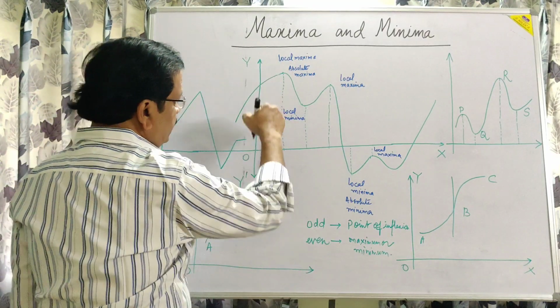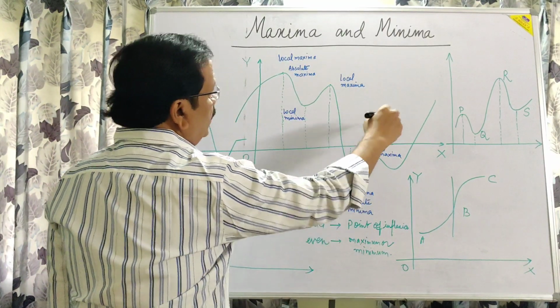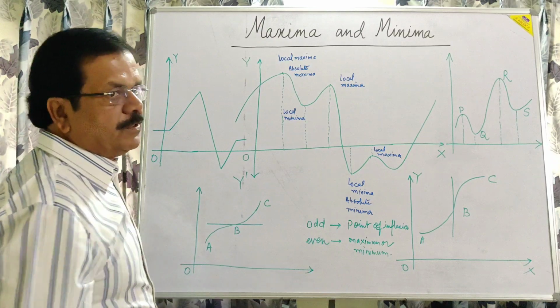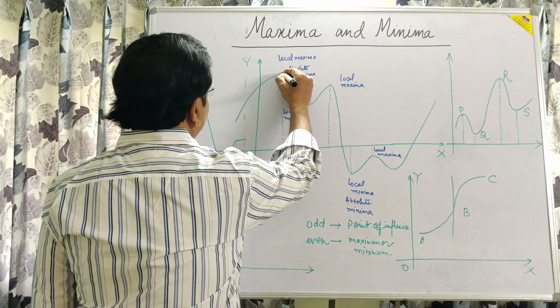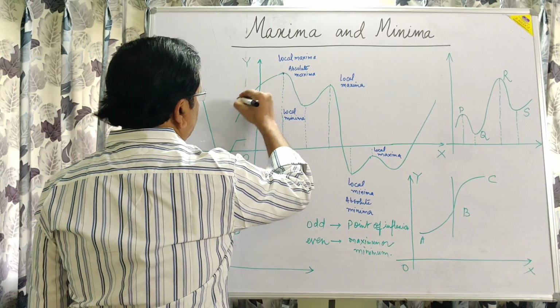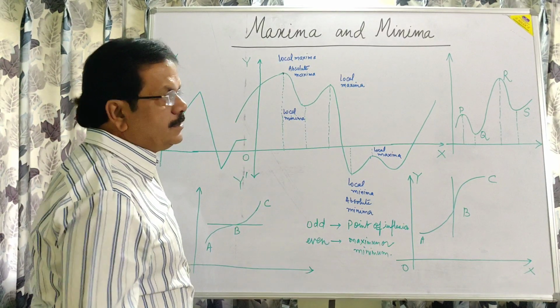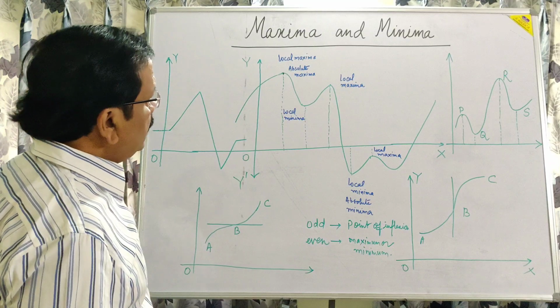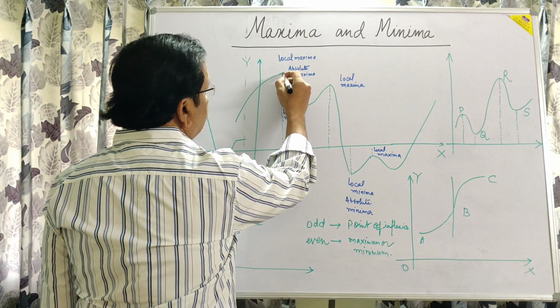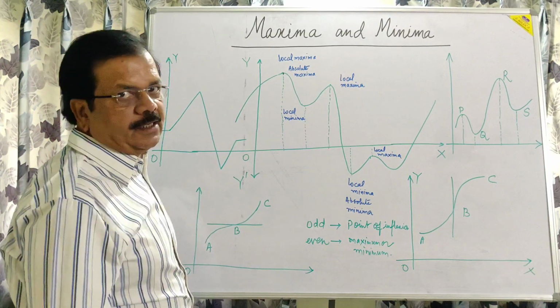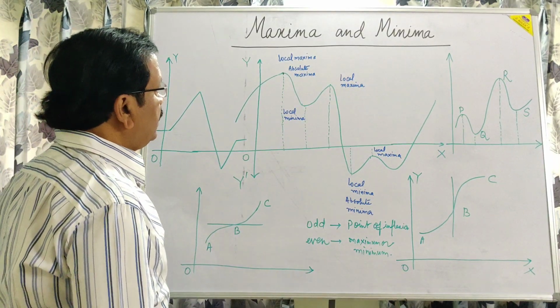Now take the example of this curve. I have already drawn so many graphs here, and you can see that dy by dx before this point is greater than 0, and that is why if any increasing function ceases to be increasing, we can say